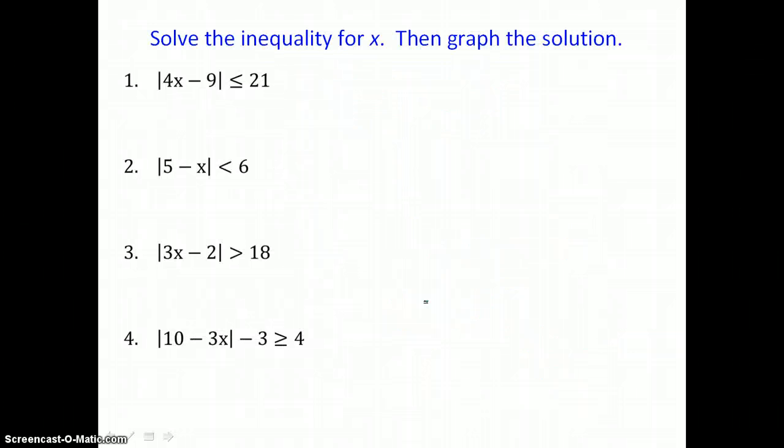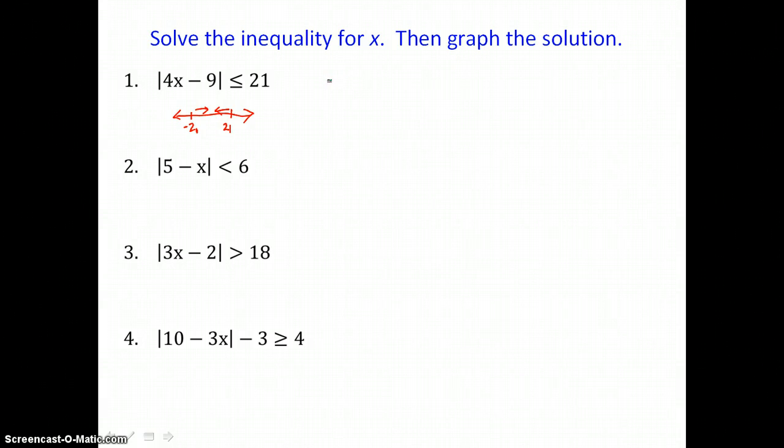Let's solve an absolute value less than inequality. If we're looking for values that will satisfy this inequality, we know that we are going to have values inside absolute value here that are less than 21 but greater than negative 21. So we're looking for some center of the graph between two values. So when we set this up, we're going to write a